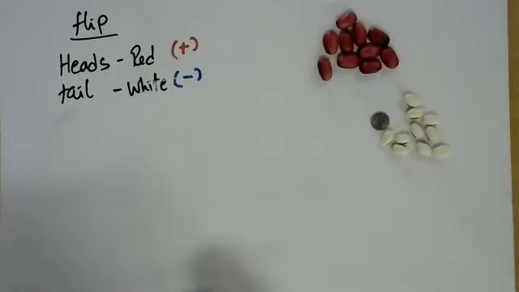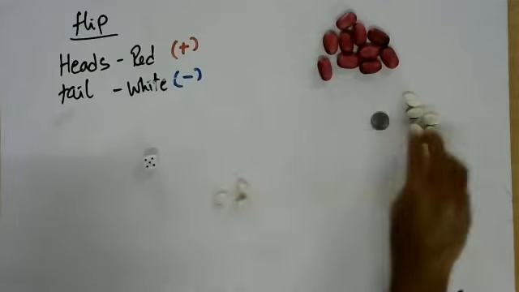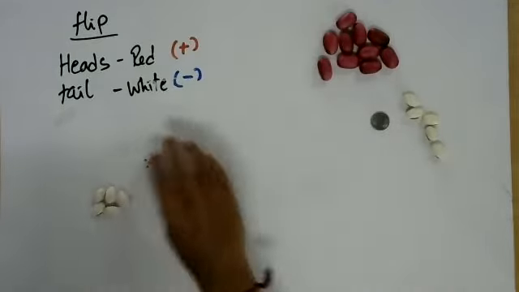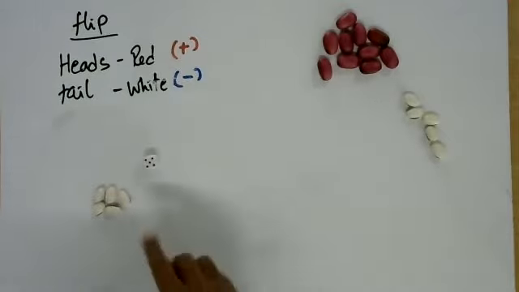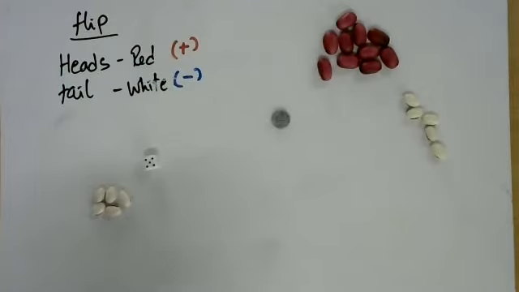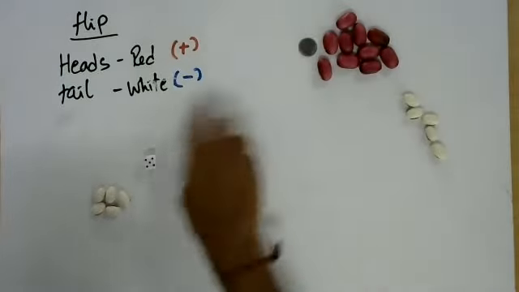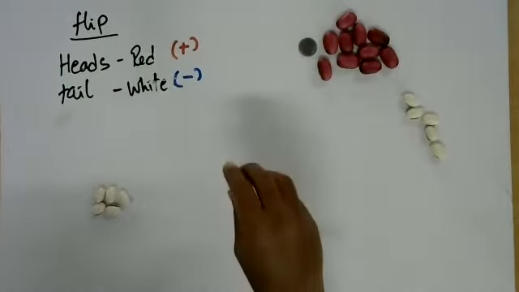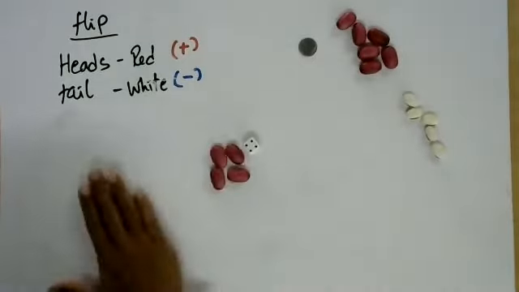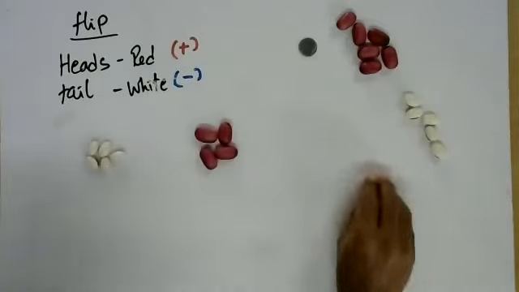Okay, that's a tail again. So white color, 5 this time. 1, 2, 3, 4, 5. Have I got the correct number? Just keep track of that. Sometimes when I'm doing these things, I don't keep track of these little things well. Okay, so this time it's a heads. I got 4. Now how will you write it?